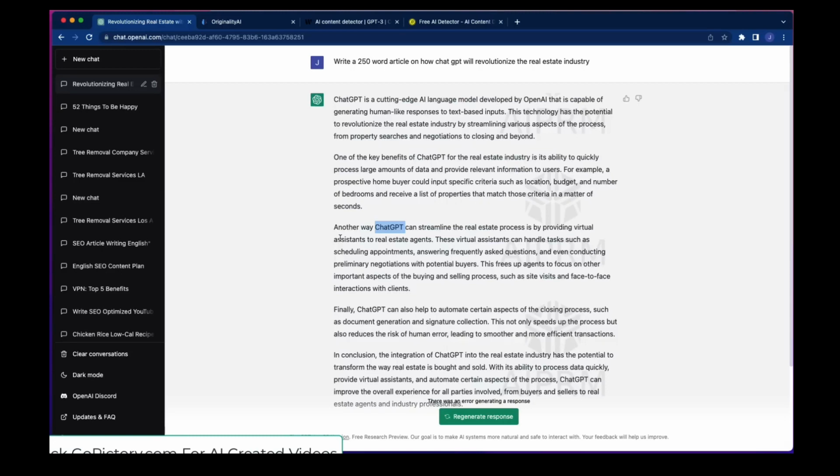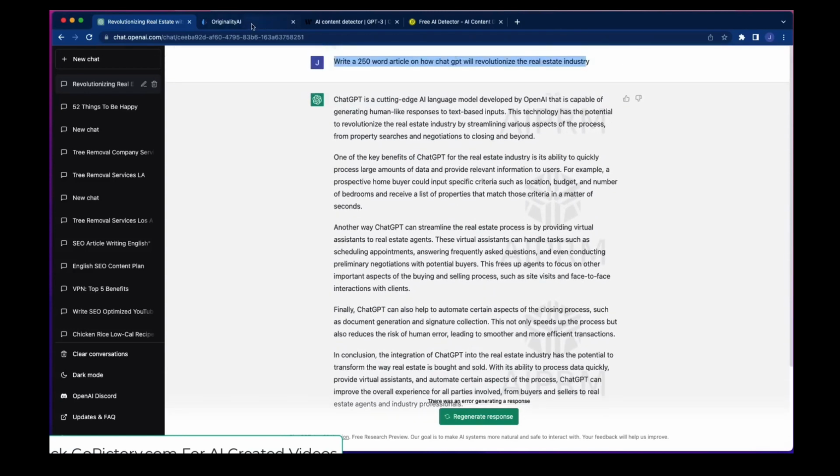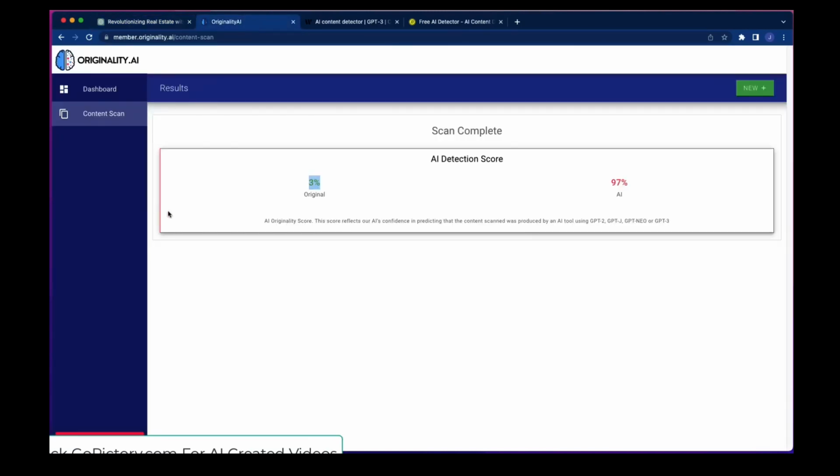Hey there. In this video, I'm going to teach you how to trick some AI content detectors without using any complicated stuff. I'll show you how I did it using ChatGPT. Now, keep in mind, there are still more advanced detectors out there that might catch on to this, but for now, this works. To save time, I wrote a 250-word article on ChatGPT and how it will change the real